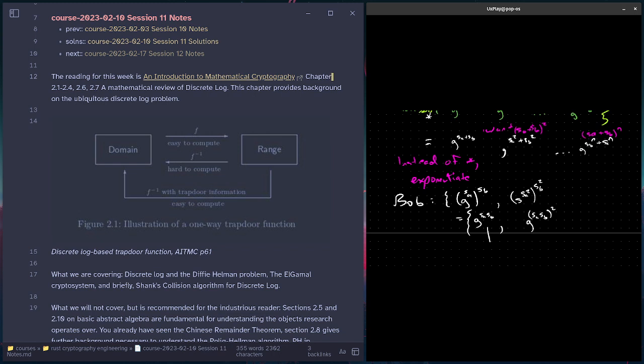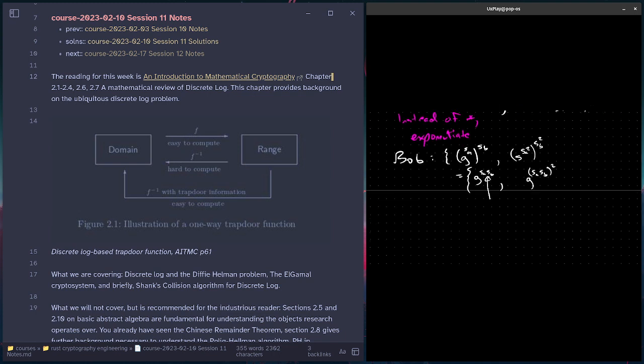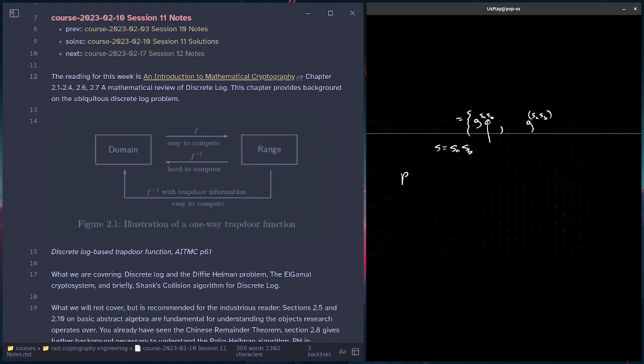And then the shared secret would be the product of SA and SB. Neither Alice nor Bob could compute the other's secret, so Alice could not compute SB. And let's say now that S equals SA times SB for simplicity, we can compute a whole polynomial in the exponent. So if the polynomial p of x equals a0 plus a1x to the 1 plus up to an x to the n, then we could simply say that